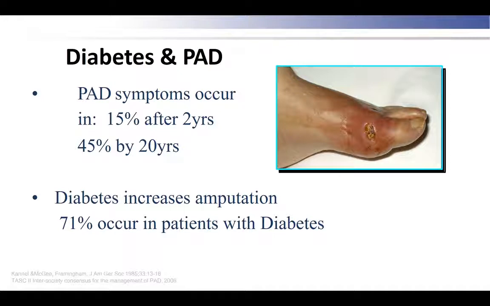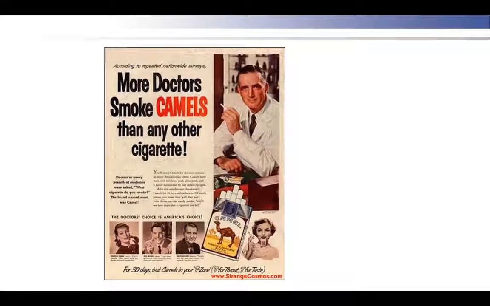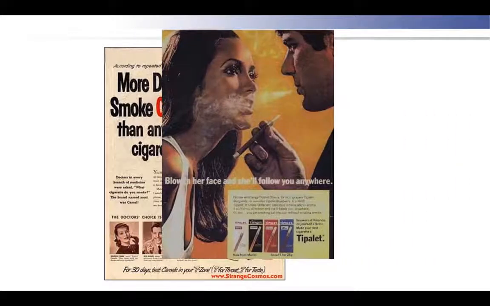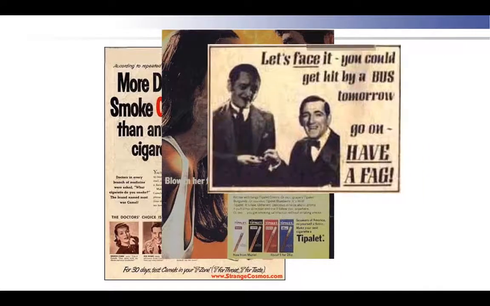And unfortunately, it's a bad disease to get because it's in the small vessels, and the majority of amputation takes place in patients with diabetes. The next risk factor which you really have to consider is smoking. And in fact, if somebody who's got peripheral arterial disease tells you that they have never smoked, then you really have to question their veracity, because it is very strongly linked.